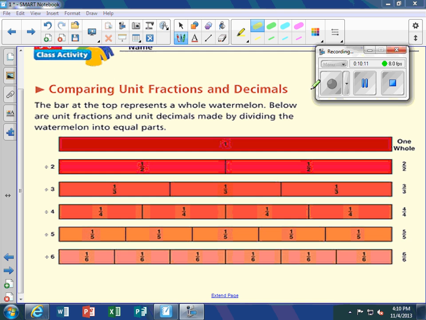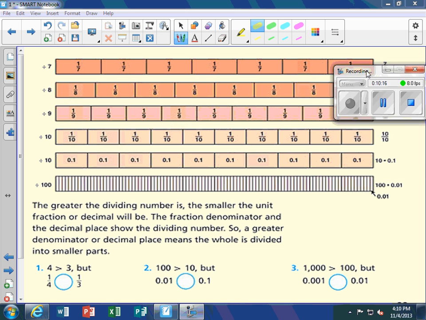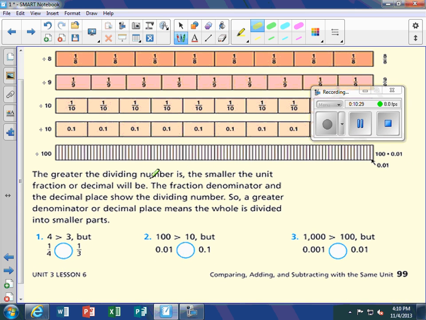Okay? So now, it actually goes on further, 1/7, 0.1, and you have 10 of those, so 10 times 0.1 is 1 whole. Down below it says the greater the dividing symbol is, the smaller the unit, fraction or decimal will be. The fraction, denominator, and the decimal place show the dividing number. So a greater denominator or a decimal place means the whole is divided into smaller parts. Okay, so 1/4